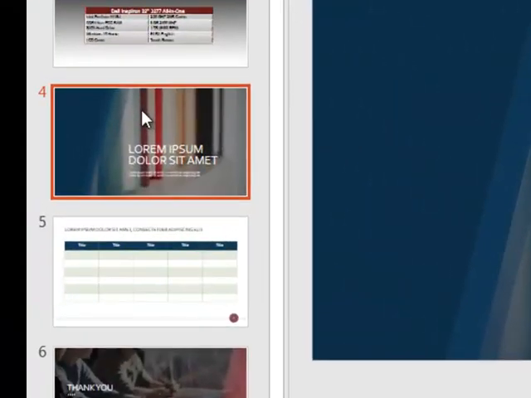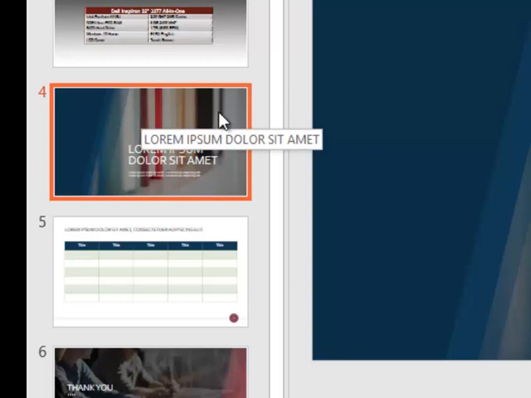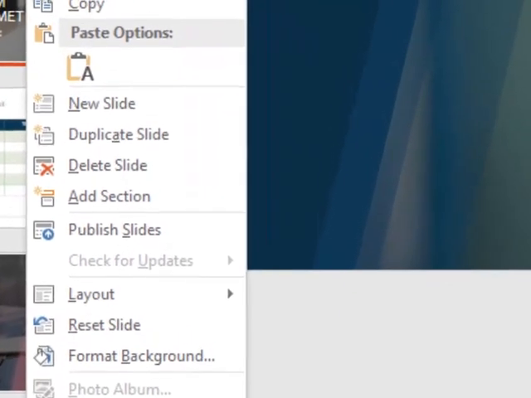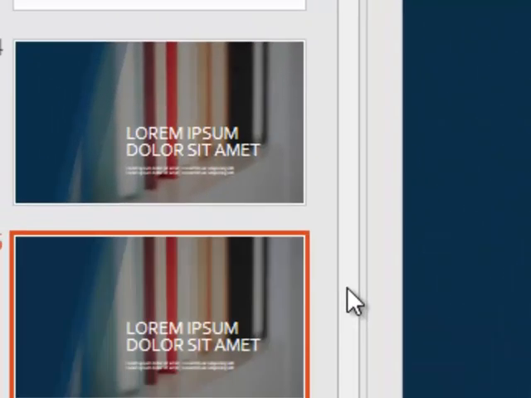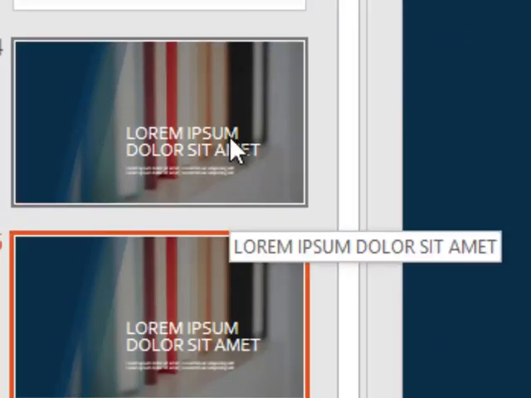Now we're going to insert a table of measurements. First we're going to duplicate this slide, because this is a nice background and we want to reuse it. So we're going to duplicate the slide, and then we're going to go back up to the first slide, and